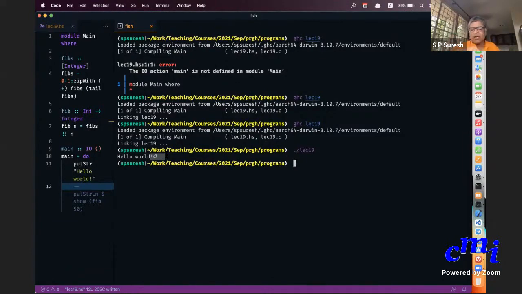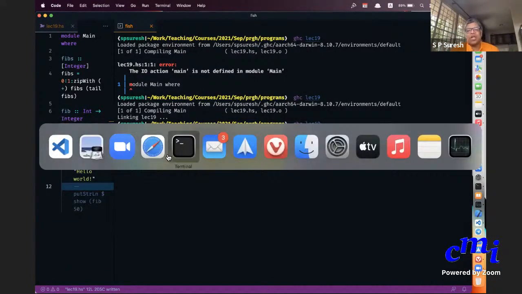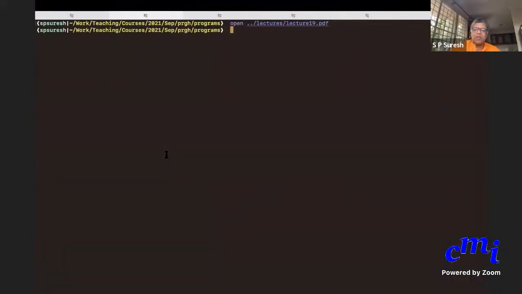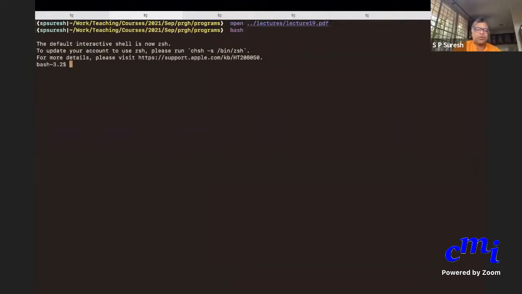But if I do it on some other shell, you don't need to understand what a shell means now, do you see what is happening? It's printing hello world, and then the shell prompt is immediately following that. So it's all meshed together, you see.